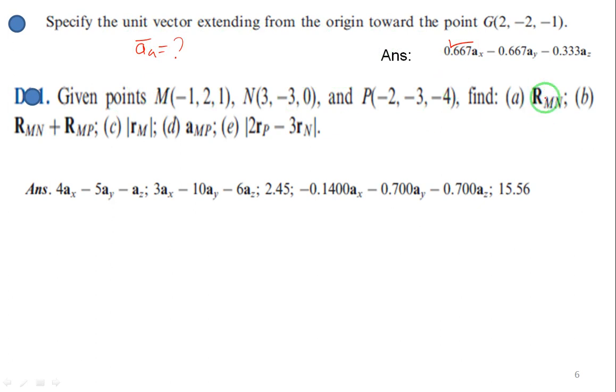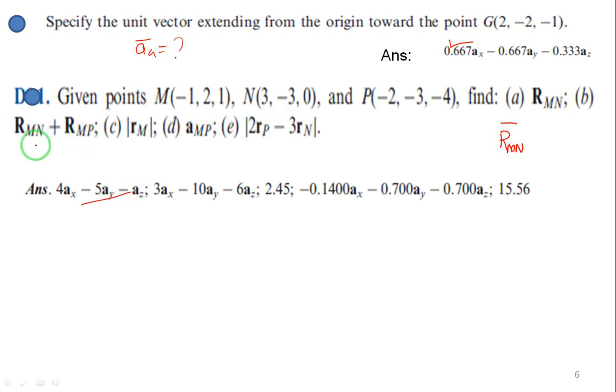In the textbook I already told the notation. If I write this RMN vector, I will write RMN and put a bar over it. But in the textbook they will make the letter bold. It means that it is a vector, right? And the subscripts are the starting point and ending point, M and N. So if I write it manually, I have to write RMN and put a bar over it. So this is the distance vector. Find it, and you will get the answer.